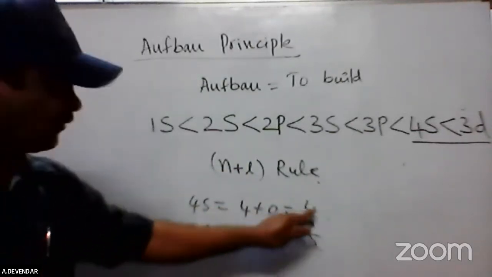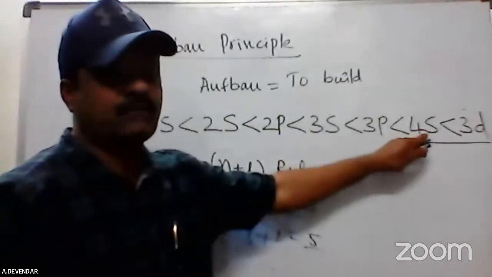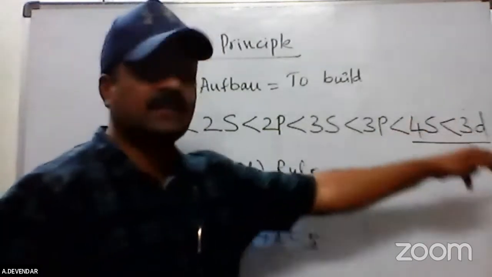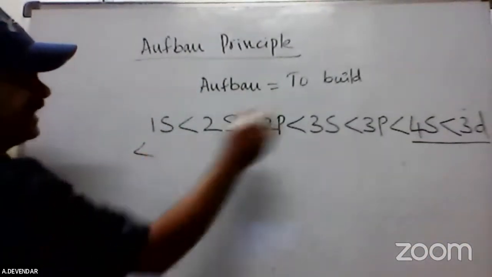4 plus 0 is a 4. So which is a lower number? 4 is a lower number. That's why the 4s orbital is entered first. Then after the 3d, you will go to the next. After the 3d, you are getting the